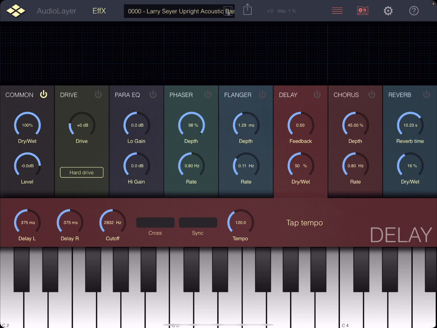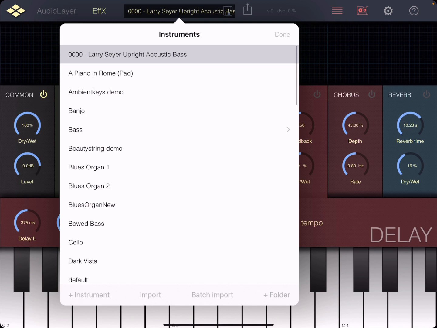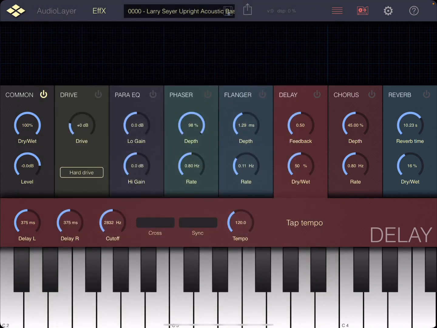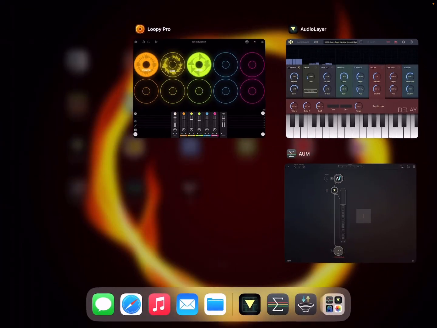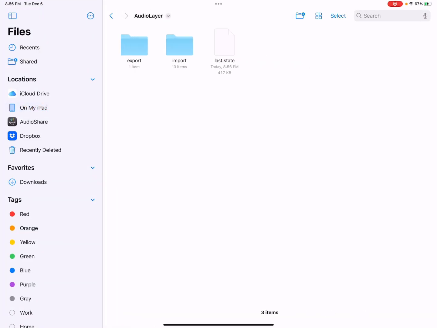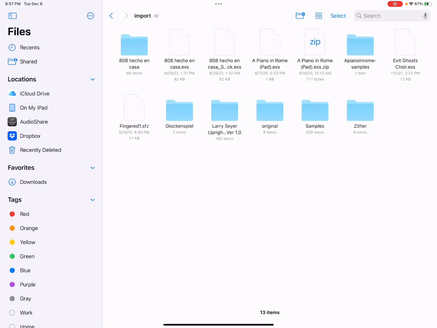Yeah, here's another cool thing that I want to show you. This is the Larry Sayer upright acoustic bass deal. This is from a site called Piano Book, and you can download SFZ instruments and EXS24, and Audiolayer will import those as well. So what you would do in that case is you would copy the EXS file, which in this case would be the bass one I just did, which is the Larry one,